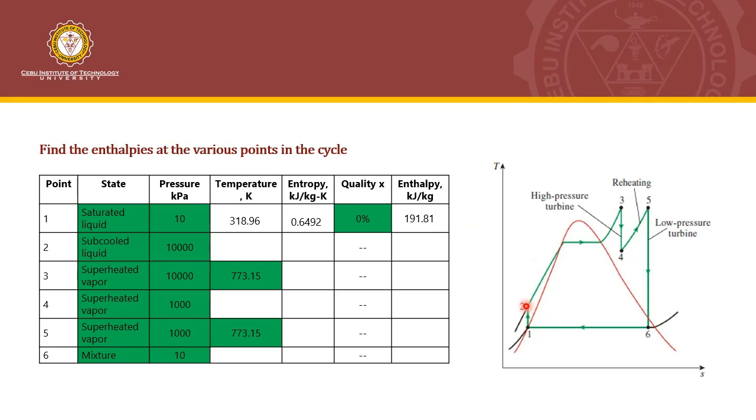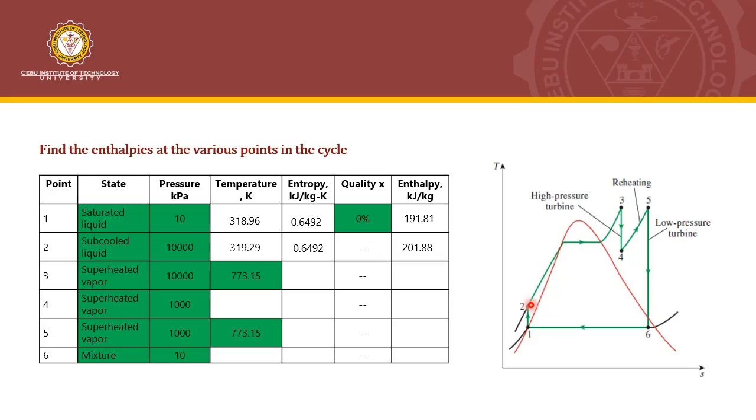So in that way, I was able to get the enthalpy at point 1, which is 191.82. Then process 1 to 2 here is an isentropic process. So obviously, 1 and 2 have the same entropy. That is why I just copied it here. And now that I have 2 properties for point 2, the 10 megapascal or 10,000 kilopascal pressure and the entropy, I can now also get the other properties using the software. So I was able to get the temperature, which is 319.29. You can see a slight increase that is due to the compression, and also a slight increase in the enthalpy, which is 201.88. We cannot get the quality here because it is a subcooled liquid.